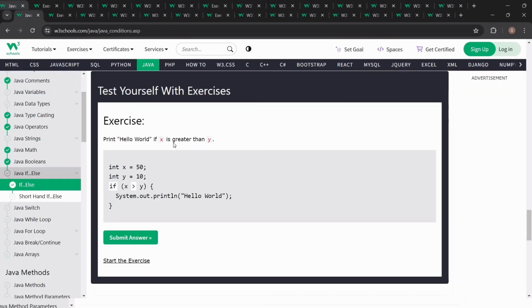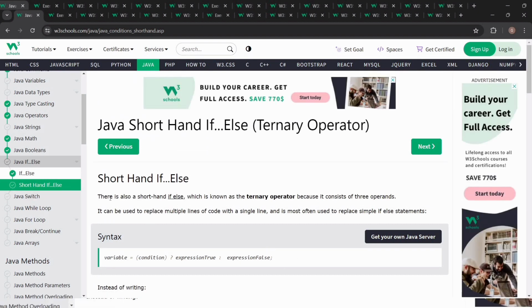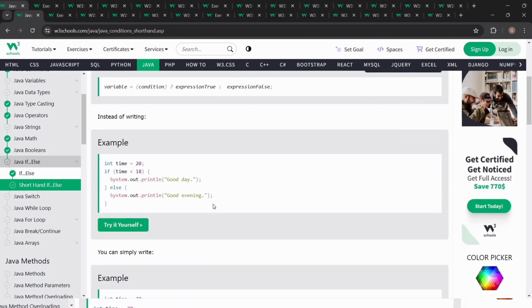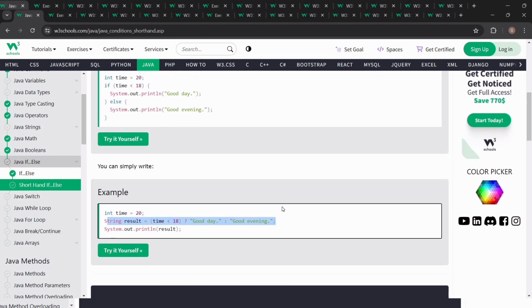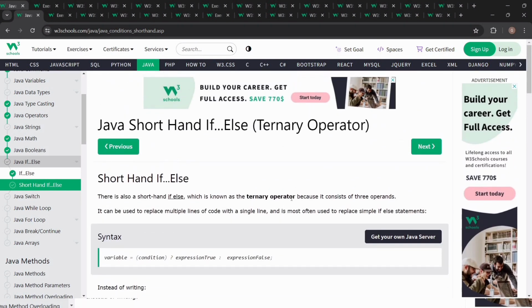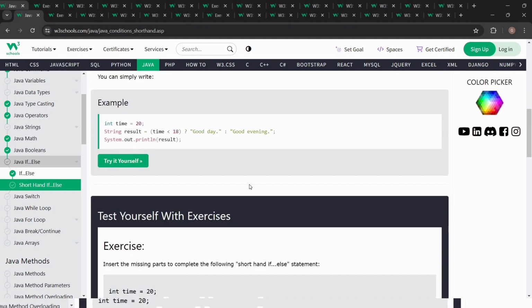Okay, so today we have completed if and else. Now there is one shorthand if and else that I have just explained to you. This is also a shorthand. Shorthand means we have used the ternary operator. It contains three operands: first the condition, second the true result, and then the false result. Instead of writing this, we can write it in one line. We call it shorthand or ternary operator. Majorly we call it the ternary operator. Okay, now you can go through it and you will get how it works.